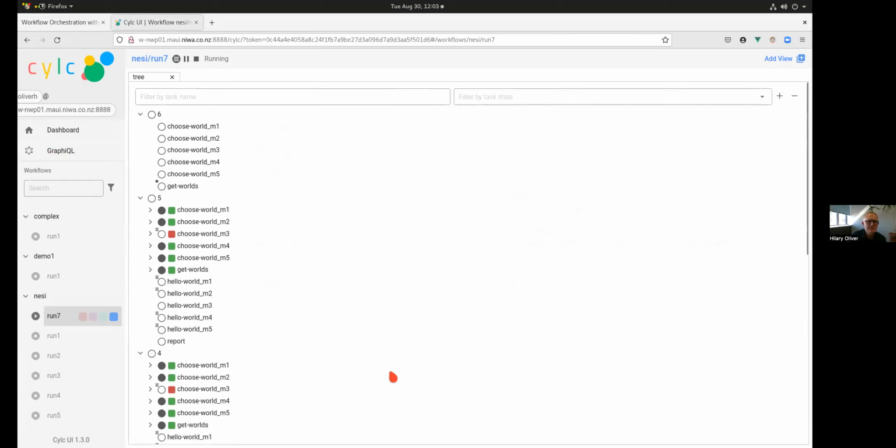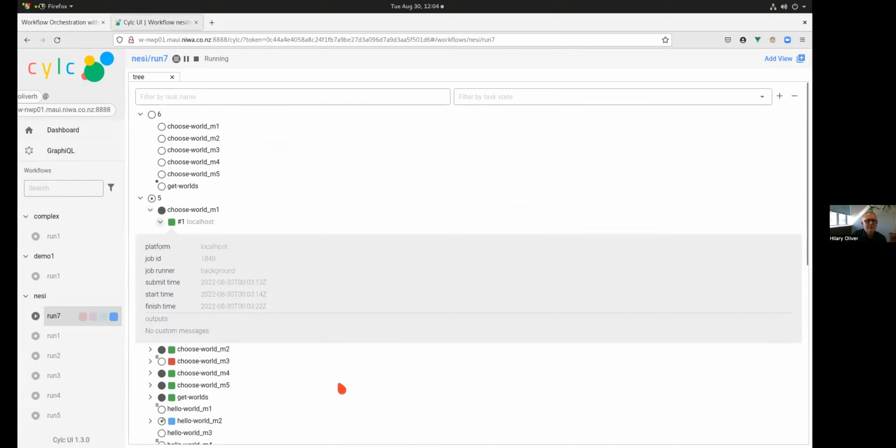And you can see a lot of tasks there. Some of them are in the queued state. That's due to the maximum of 5 active tasks I set. These ones are ready to run, but they're in the internal queue in Cylc. It's not the Slurm queue. And again, we can drill down to job details. See that one, random, succeeded.